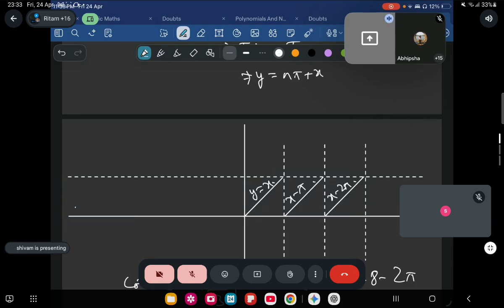Okay, one last graph I'm going to discuss today. Sir, for cot inverse cot 17 pi by 3, the branch was coming as 17 pi by 3 minus 6 pi. How is it possible? Oh, you are saying that 6 pi minus pi by 3. But it cannot be 6 pi. Try to understand. If you are taking 6 pi minus pi by 3, it will lie in the previous branch, that is 5 pi branch. After that will be 5 pi plus. So that's why I've written 5 pi plus 2 pi by 3. And so the final answer will be 2 pi by 3. Got it.